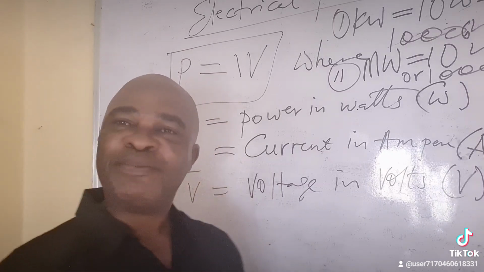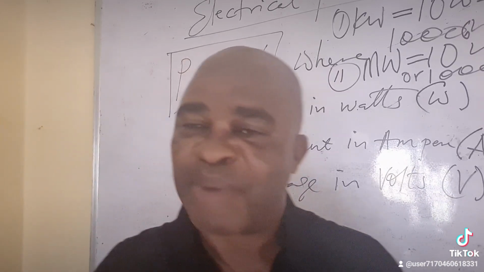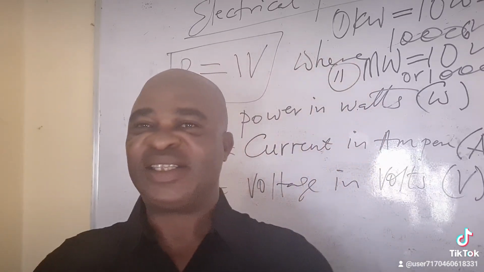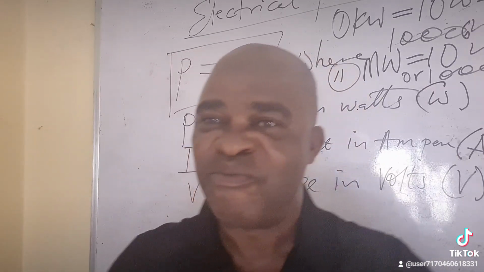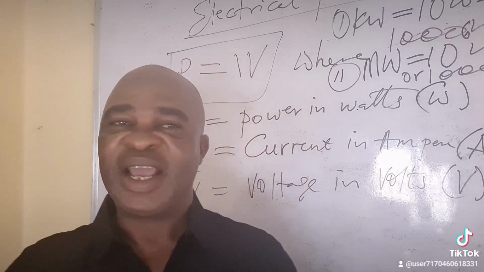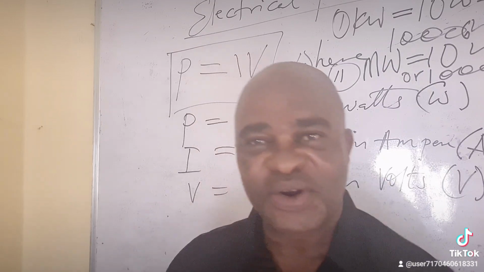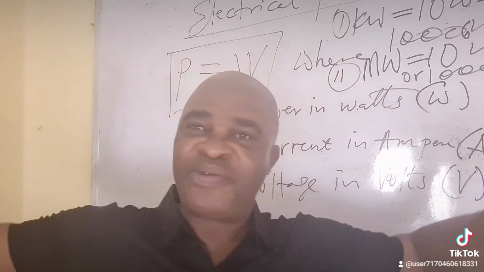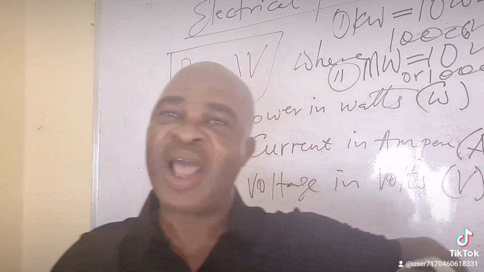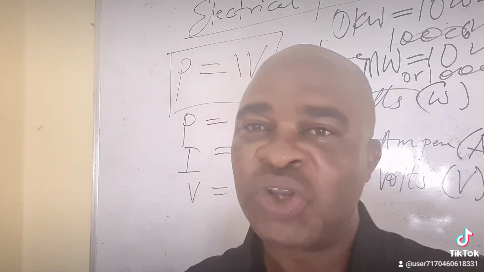Then another classification is by application. Is it a reactive power unit? Is it an active power unit? Is it an apparent power unit? Of course, real power is the same thing as actual power, and the same thing as active power. So these are like synonyms. All of them mean the same thing. These kinds of applications are used by clients or individuals, depending on what you need. That's why we say applications. So do you need reactive power? That is the aspect of power that controls inductive loads. Then do you need the actual power, the real power or active power consumed by your devices or components? Then do you need the apparent power, which is the combination of both the active or real power